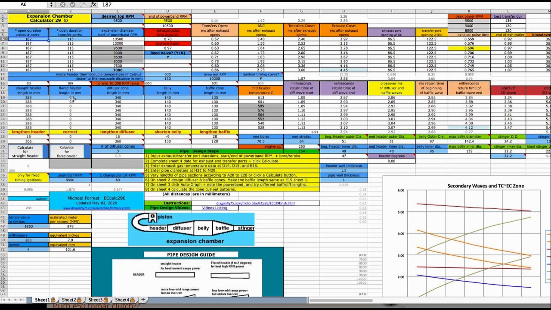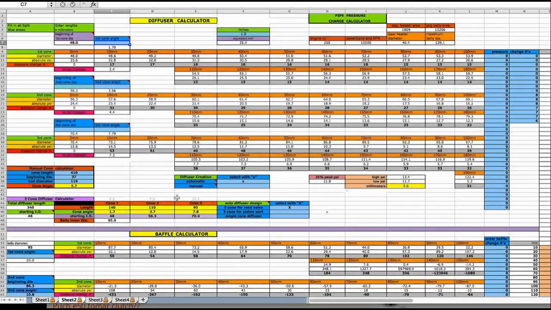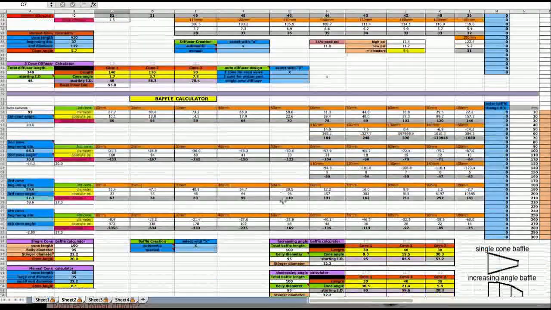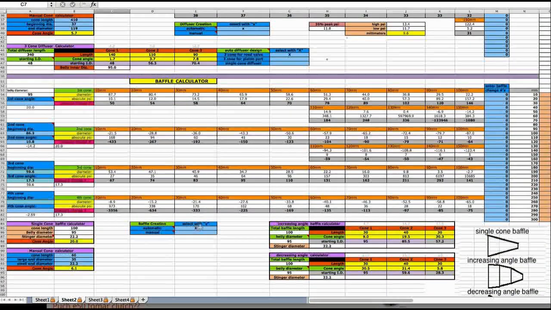Enter in the data for your existing pipe right here, and leave sheet 2 set on automatic for the diffuser and automatic for the baffle, and then go to sheet 3